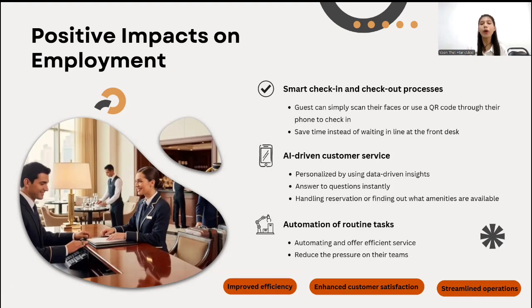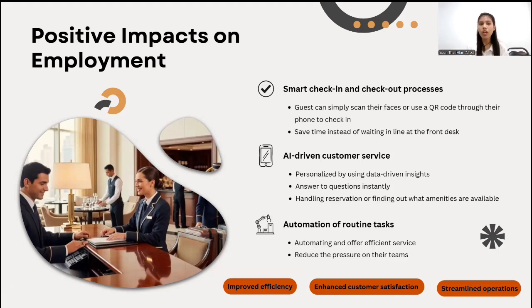And the last thing is automation of routine tasks, which is automating repetitive tasks. By automating and offering efficient service, it will also reduce the pressure and demand on the team. So, in conclusion, I will say that the positive impact would be improved efficiency, enhanced customer satisfaction, and providing